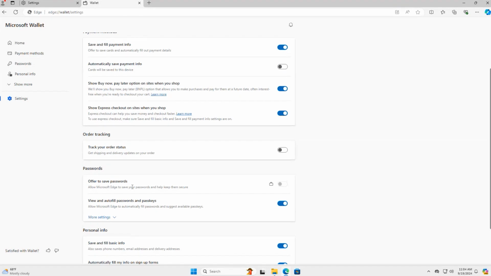So allow Microsoft Edge to save your password and keep them secure. You can see this option is grayed out. And there's a suitcase icon here that says this setting is managed by your organization. So you control and bar users from saving passwords in browsers, since that can pose a